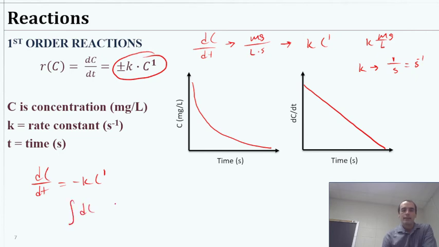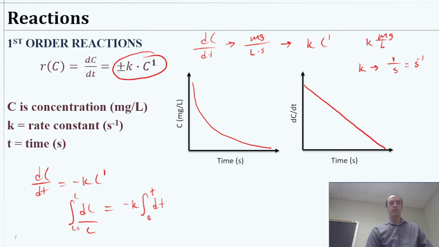we separate to say -K, leave the constant out. And I'm going to divide the C from both sides. So I'll have dC over C, and I'll leave dt over here. Again, we'll go from 0 to t, and from C initial to C final. So in this case, we have this integral, dC over C. You've seen this in calculus in the past, dx over x. The integration of that is